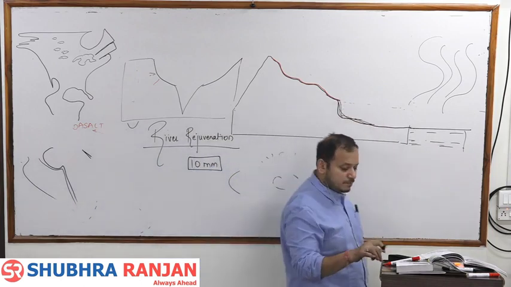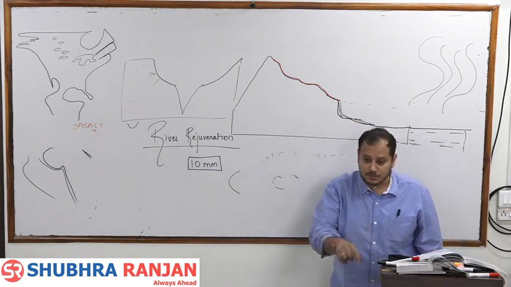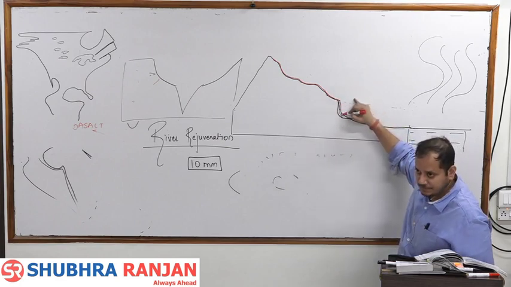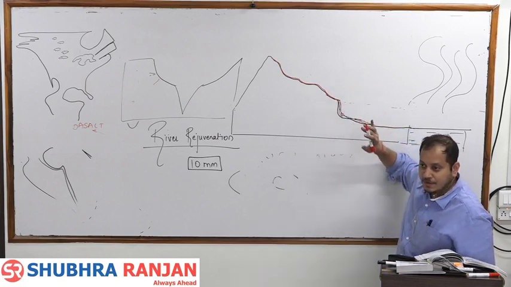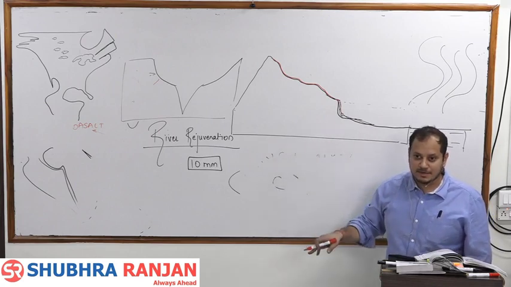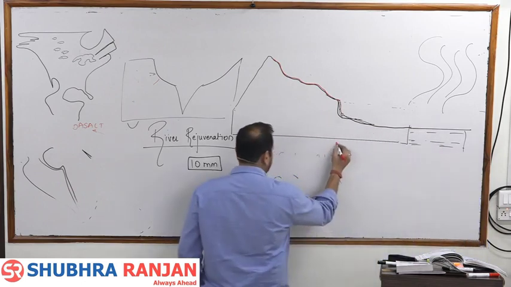There will always be a waterfall either in the mountains, or if there is a waterfall in the plateau, that means it has gone through more than one cycle of erosion. Getting it? Where do you find all these things? In the polycyclic landforms. Why am I telling you all these things? Because these things are very common in